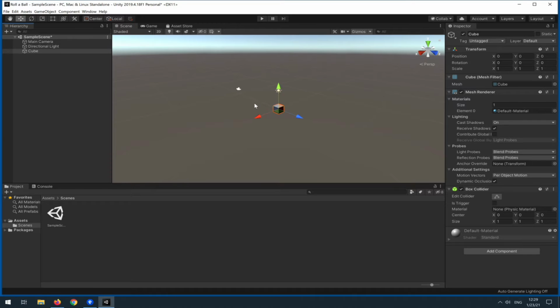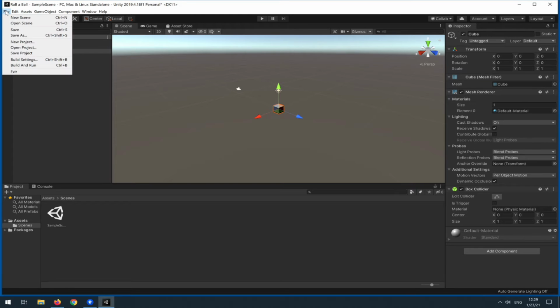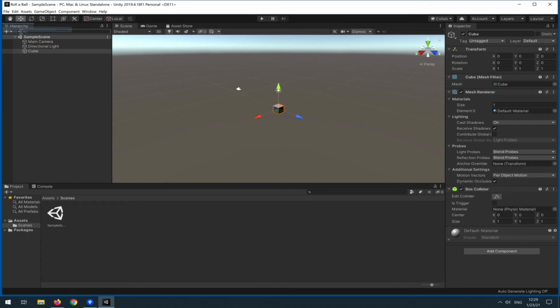Let's stick with the complete defaults again. This is just an introduction, not to Unity, but to make sure how it plays with Git. So let us now save the scene. We see up here that the scene is not saved because the asterisk is there. So we can do file and then say save project. Or we can save the scene first if we want to, and then save the overall project again, and then